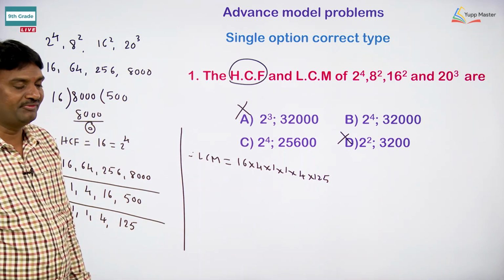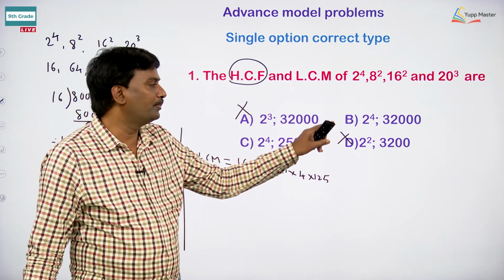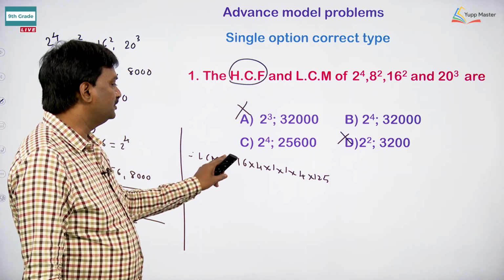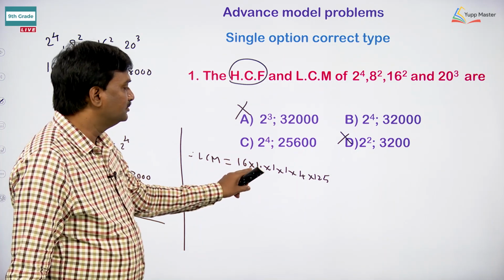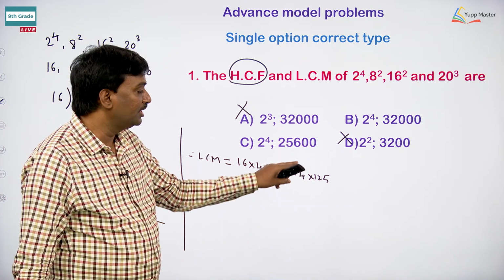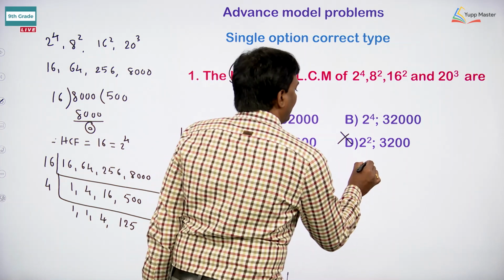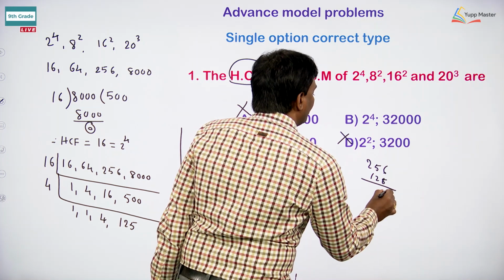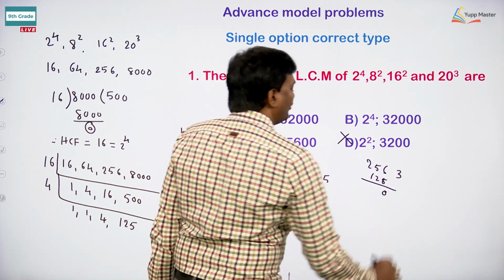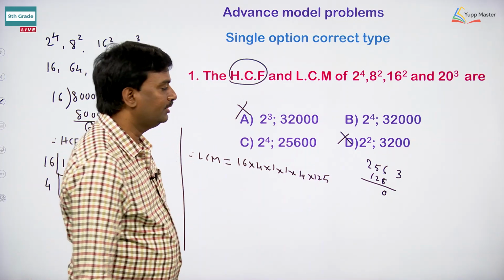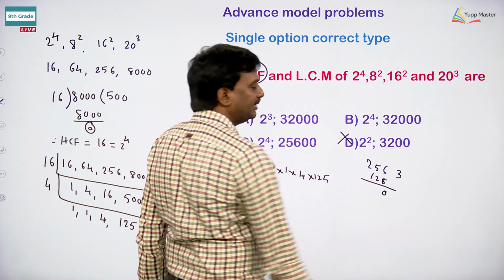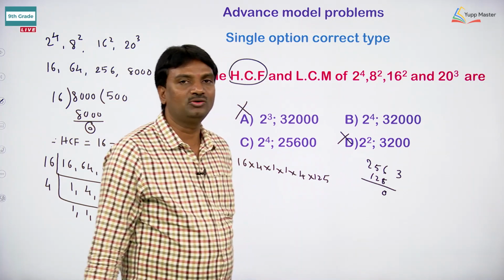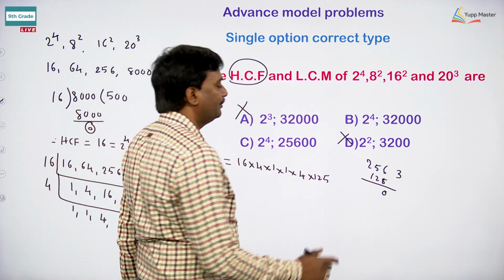But we have to simplify this, because with respect to the options B and C, we have the simplified answer. So 16 into 4, 64. 64 into 4, 256 into 125. By multiplying 256 by 125, 5 6s are 30. So 5 into 25, 125. 5 5s are 25 plus 3, 28, or 5 into 25, 125, 125 plus 3,